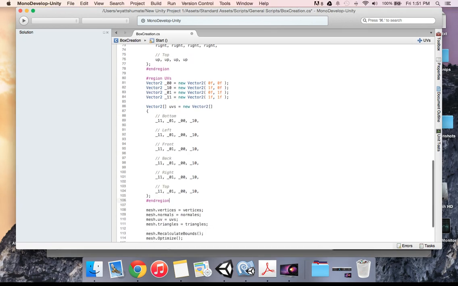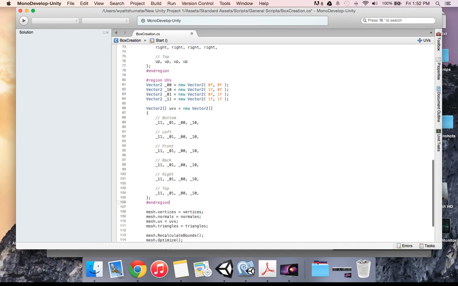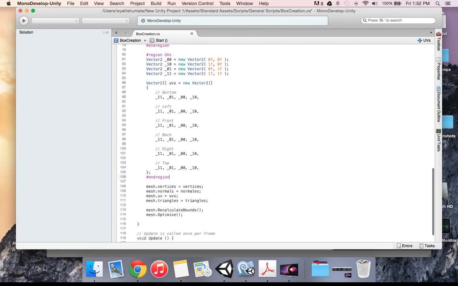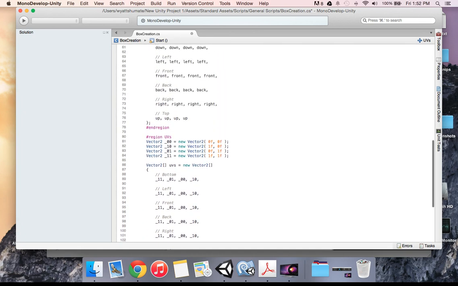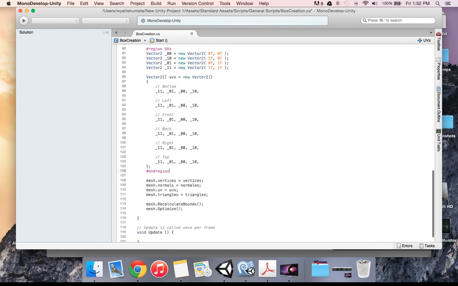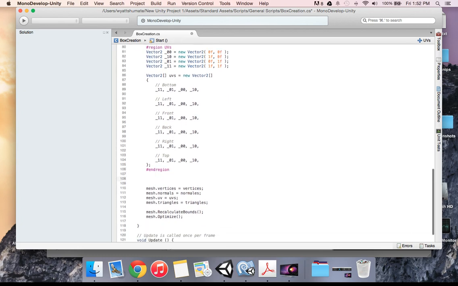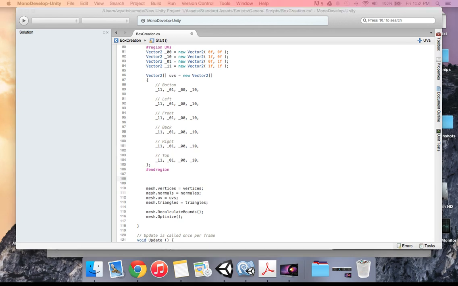Now, UVs, as you know, hopefully, are important because if you want to be able to texture an object, you're going to need UVs for that. And those are flat surfaces that are 2D in nature, so we're using vector 2 for that. And the naming convention for the variables is just another way for us to process the information within the script and differentiate from the normals and the vertices. So we use zeros and ones and underscores, which makes it a little easier. And then once we set up our UVs, we're going to set up our triangles because